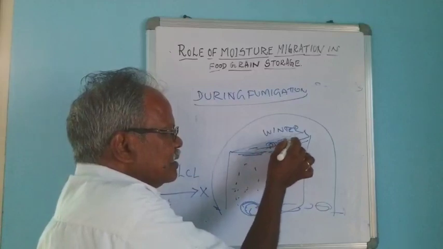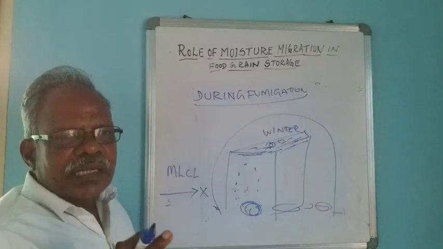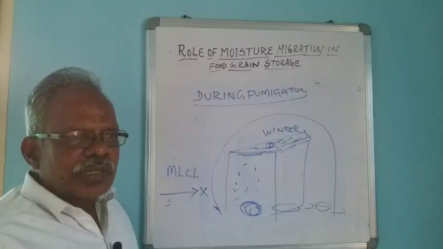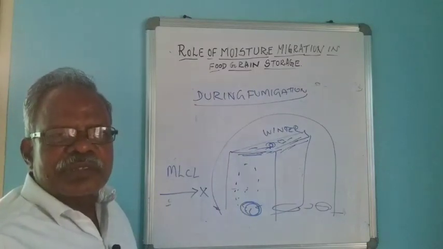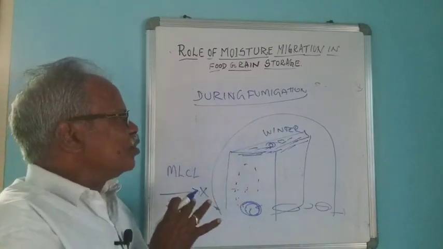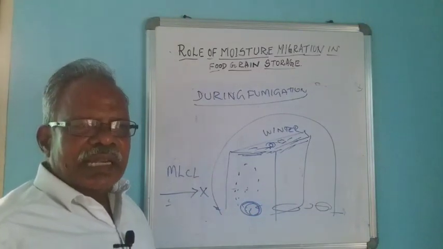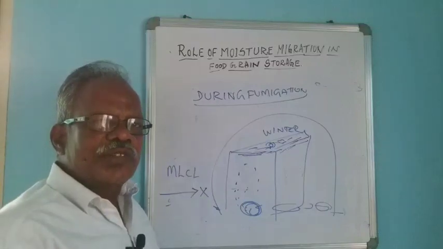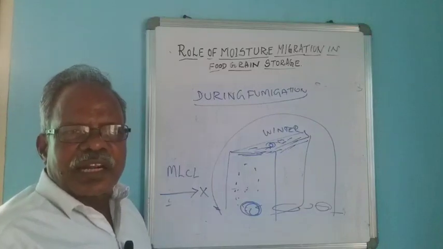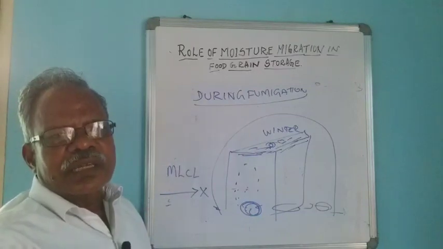What happens? The top is affected with fungus, the grain will be charred, and at the same time the texture of the gunnies will also be lost. So we may incur huge loss. To avoid that, during fumigation, if the stock has more moisture, we should not fumigate it unless the moisture content is reduced to the safe level. Even if there is infestation, it should be sprayed and controlled, and then only after it is dried should the stocks be fumigated.